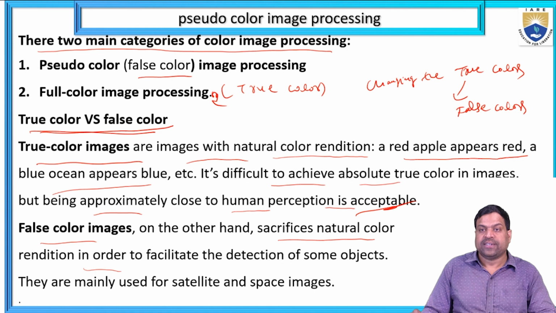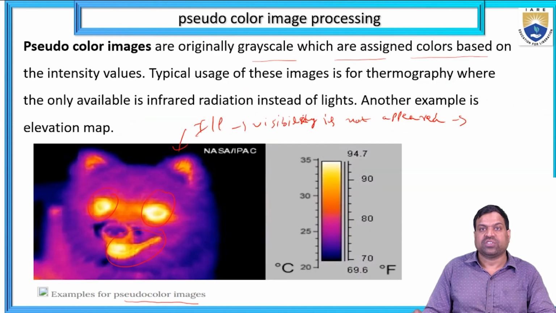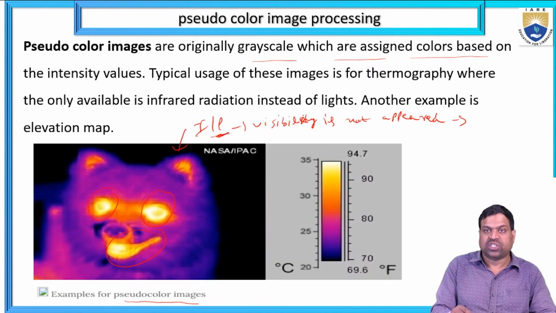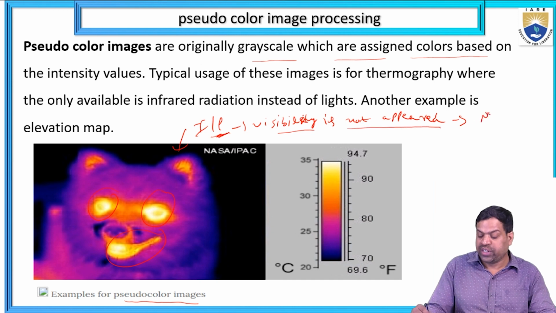On the other hand, false color sacrifices natural color rendition in order to facilitate the detection of some objects. They are mainly used for satellite and space images. Pseudo color images are originally grayscale, which are assigned colors based on intensity values. A typical usage of these images is thermography, where the only variable is infrared radiation instead of light. Another example is an elevation map. Actually it is NASA captured input data, but it is visibly difficult to interpret, so we need to